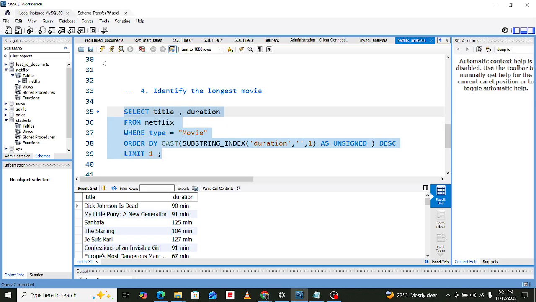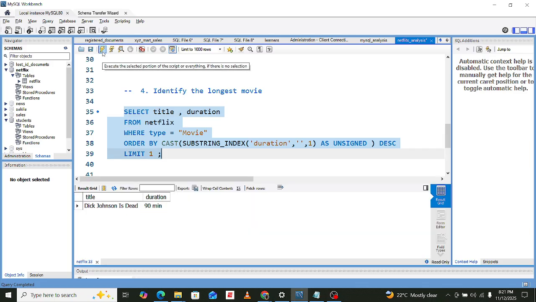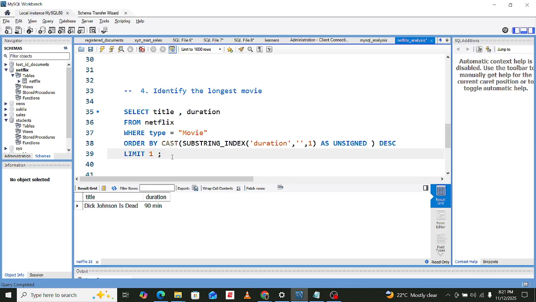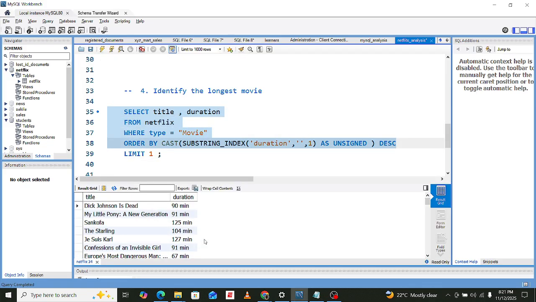We are seeing this one is 90 minutes, but I don't think this has worked, because I can see we have 104. Is this really working?